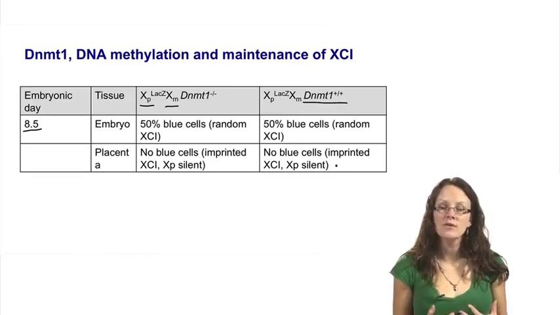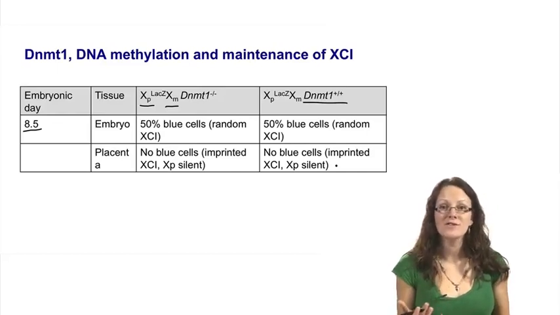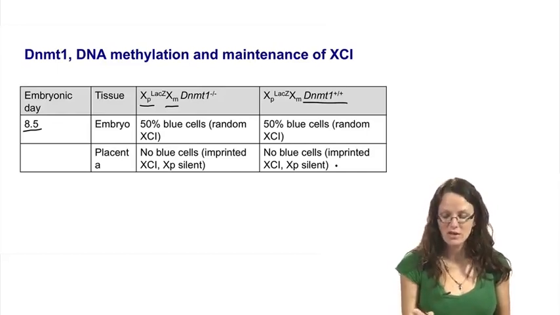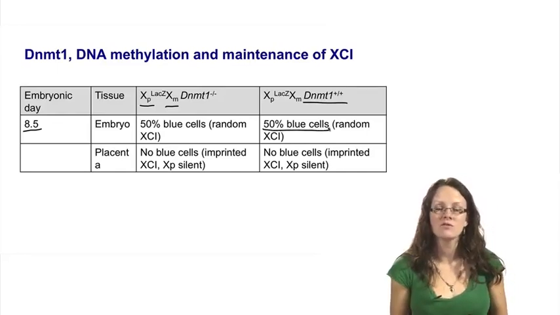Whereas in the embryo, because of random X inactivation, you would expect that half of the time the paternal X chromosome carrying that LacZ transgene would be inactive, and you would get a cell that was not blue, and half of the time it would be active, and so you'd get the cell that was blue. And so in this case, you see 50% of the cells are blue in the embryo due to random X